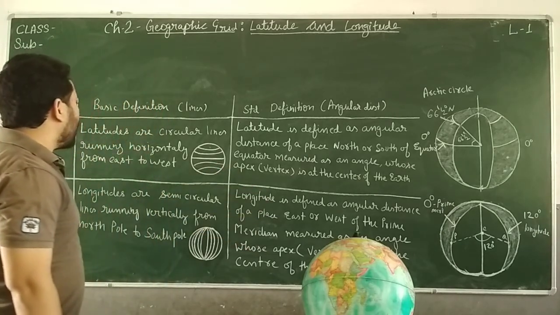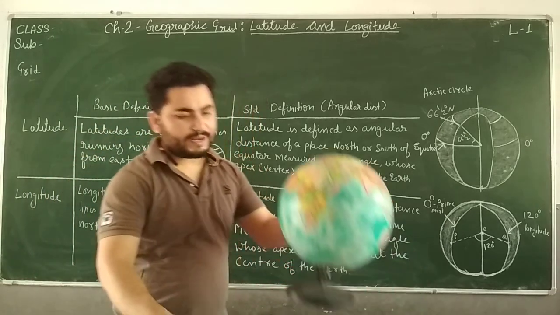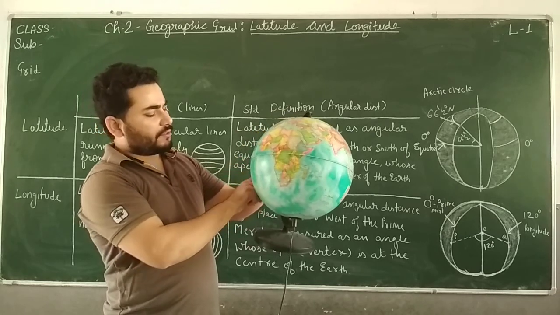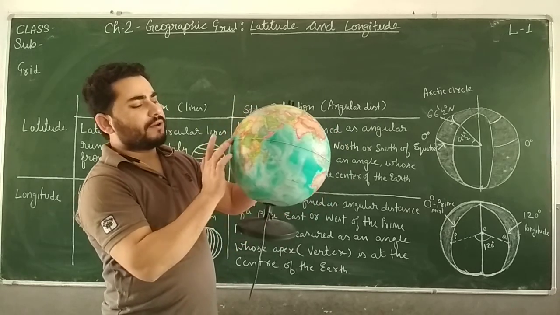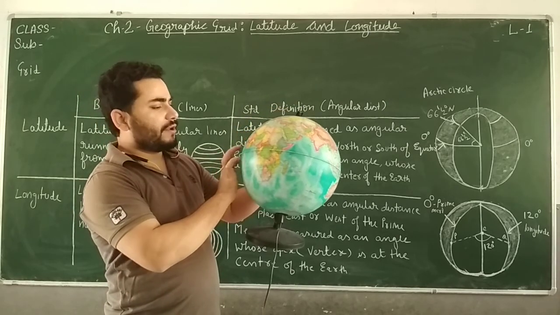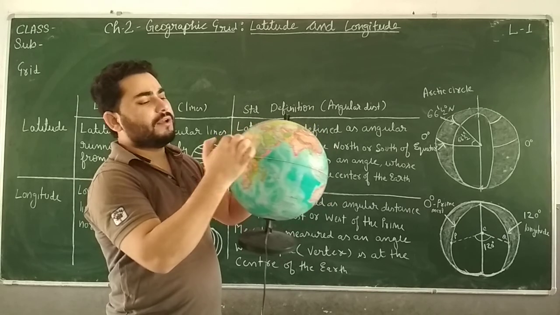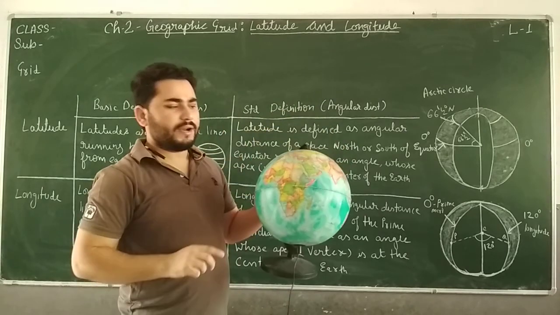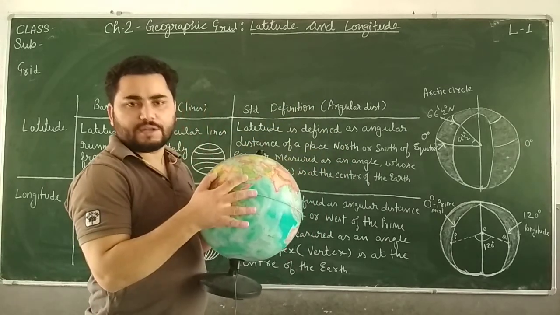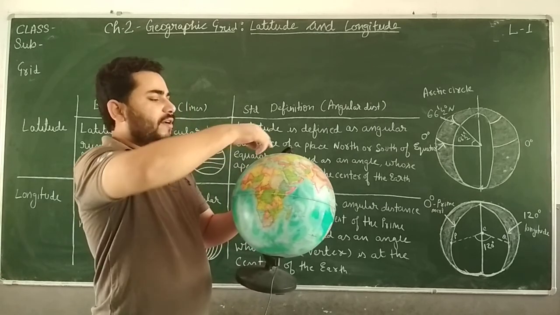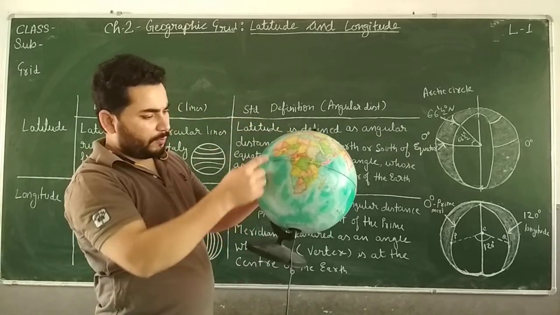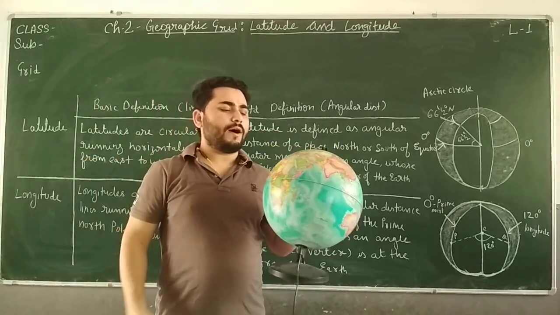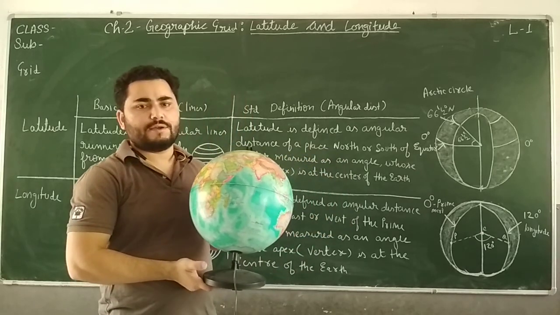Now we know that the lines running horizontally this way, like this is the equator, a circular line running horizontally, and this is also 10 degree running horizontally, 20 degree, 30 degree, 40 degree, 50 degree. Like this, these lines are running from here to here horizontally. These are the circular lines drawn on the globe, and likewise semicircular lines running from north pole to south pole this way and this way. Now the question comes, how have we drawn these lines?